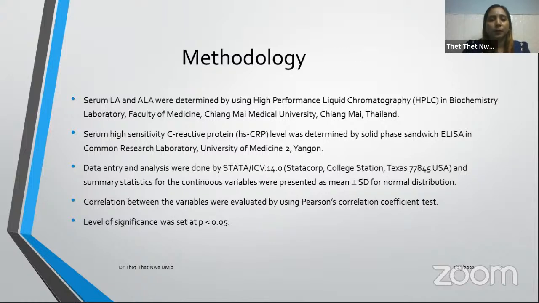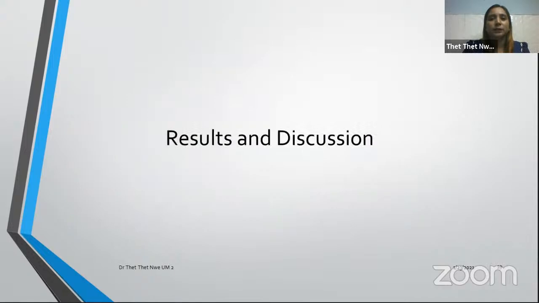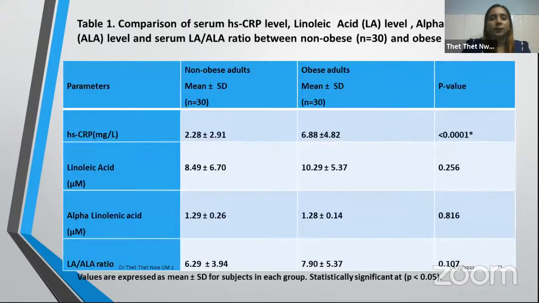Correlation between behavior were evaluated by using the Pearson correlation coefficient test. Level of significance was P less than 0.05. Results and discussion. This table shows the comparisons of serum hsCRP, linoleic acid level, alpha-linolenic acid level, and serum LA